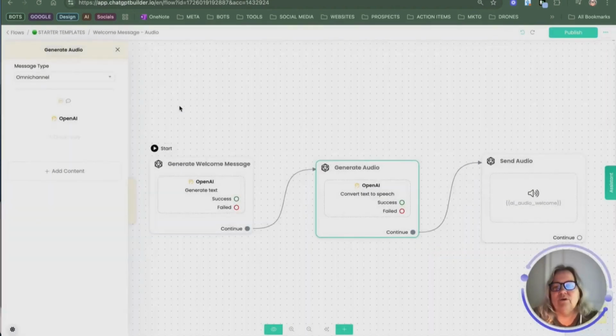So now we have, in the first block, the AI is doing its job. It's creating a welcome message, saving that into a cuff. Then the second node, the AI is doing a second task. It's taking that first message that was created, converting it to an audio file, and saving it into a custom